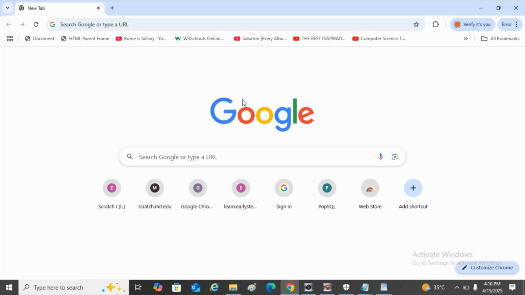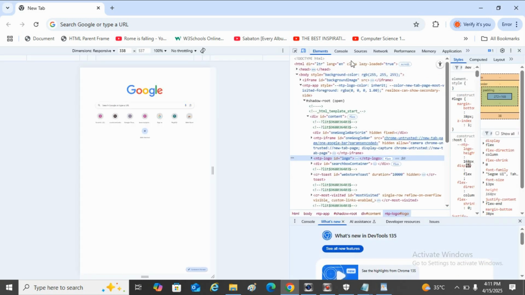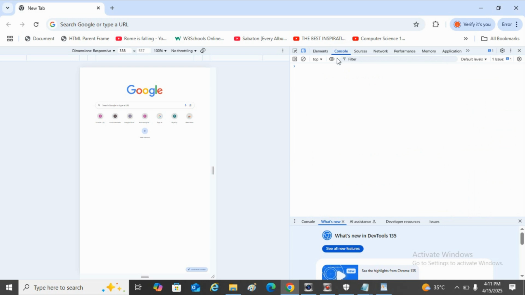If you go to your Google Chrome, you can go to inspect. Once you've opened up the developer tools, you can go to console. Once you're in console, we can use numbers, so our console can add or subtract. We can do math with our console, like we can say 3 plus 2, and we press enter, which will